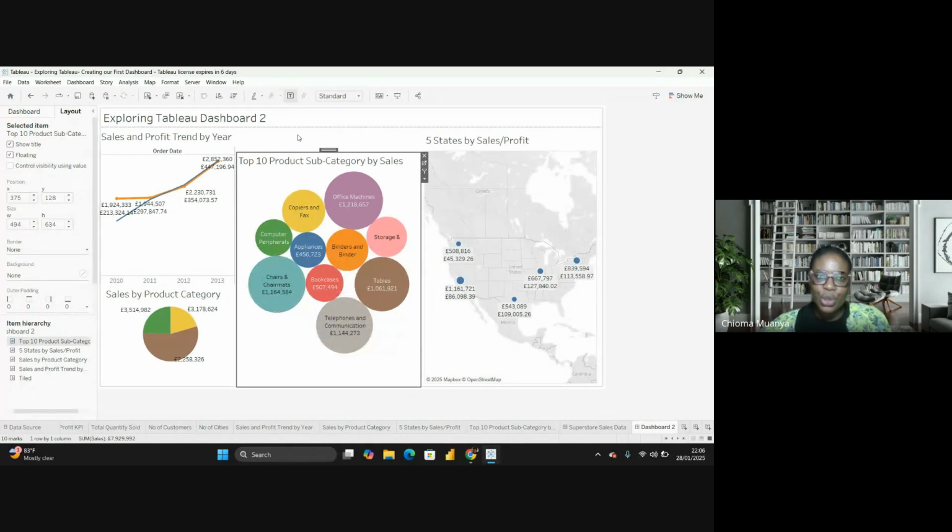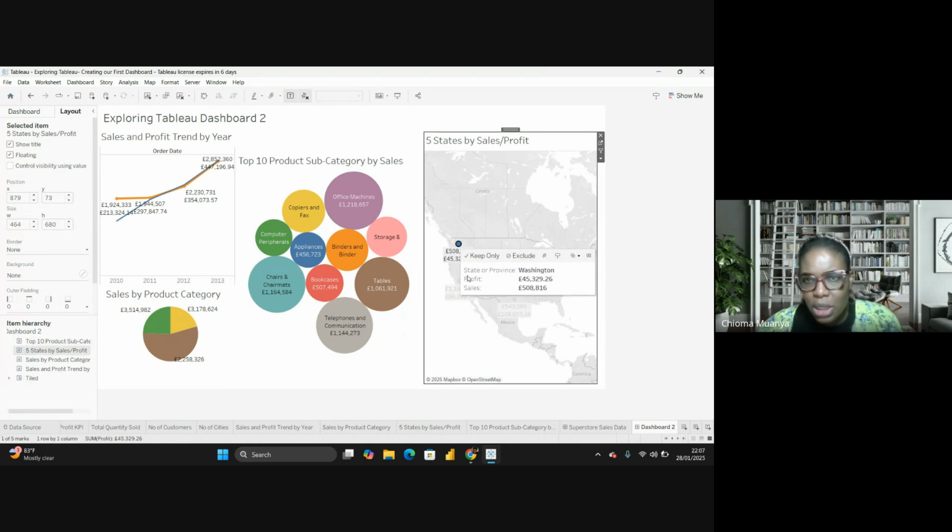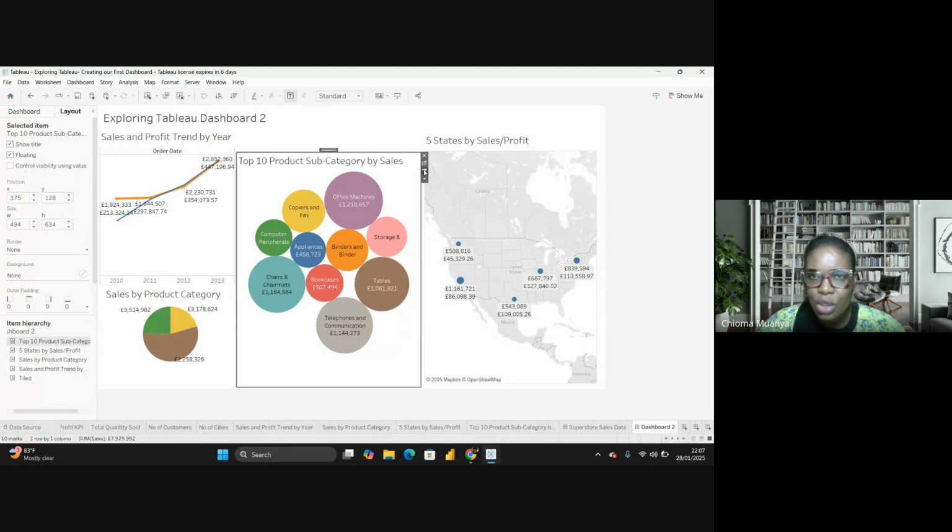So another thing you can do when you create this is you can make filters from this. Let's say you click Washington, this is showing Washington, but because you have not activated this as a filter, let me show you how you can activate the whole chart so it becomes a filter, so it filters all the others. So when you click on this, use as filter. This one too, you come and click use as filter.